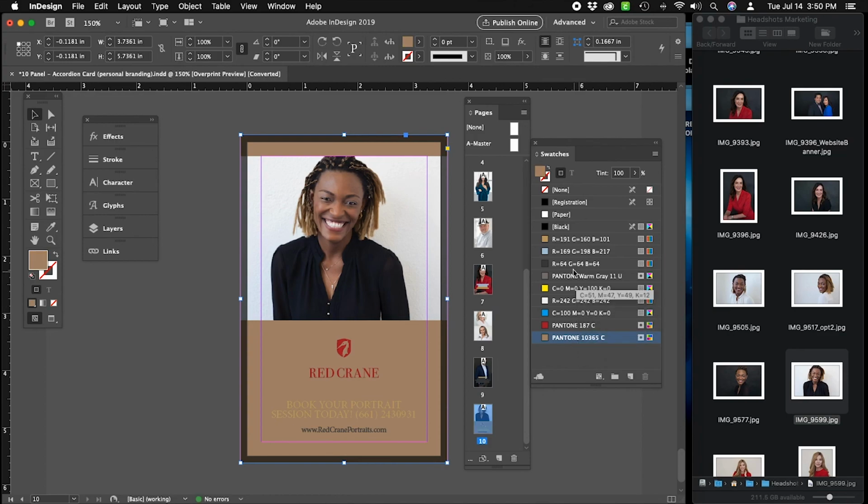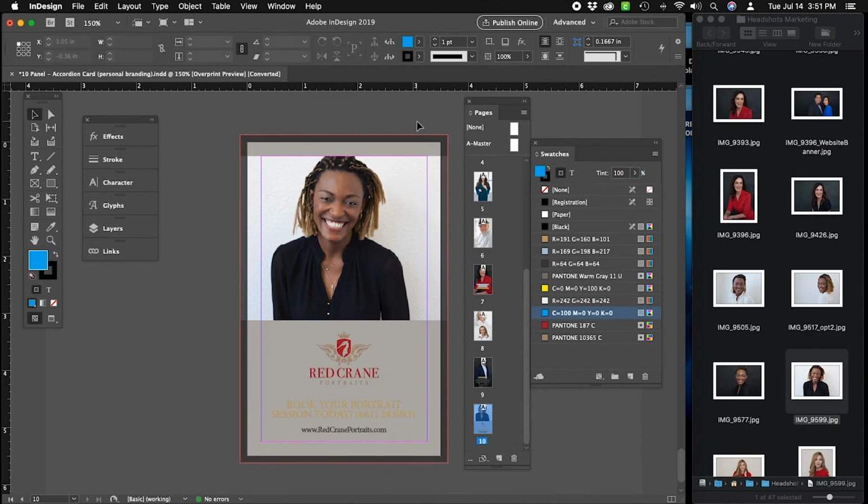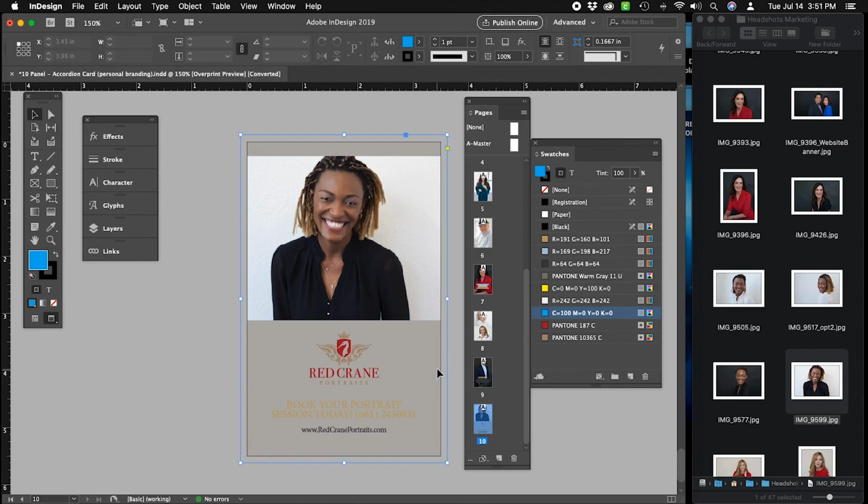So I'm going to change the color of this to maybe this light blue color. A little clashy, not really liking that. This warm gray looks really nice, but at 100% it's just too dark. So I'm going to lower the tint of that to 50%. Still not quite loving that color. There's a lot of competing colors in here because of my logo. So what I want to do is actually delete this